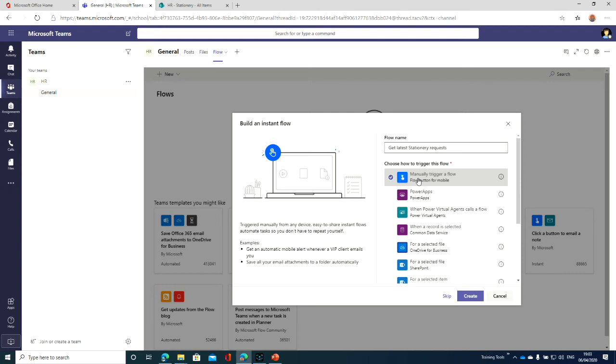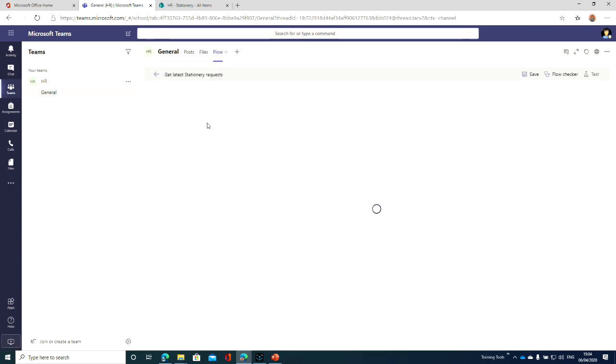Later, when we get to a module that's all about scheduled flows, I will change the trigger so it will be running this flow automatically at midday Friday. So when I come back from lunch, the list of items to order that I have to do every Friday is going to be already prepared for me in an Excel spreadsheet. So click Create. Manually trigger the flow, and the first thing I want to do is a new step, an action step,